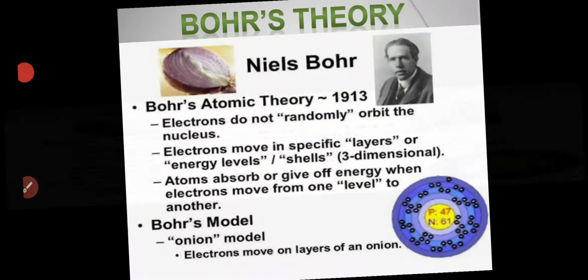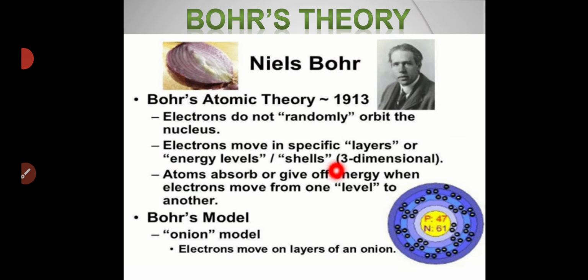Next we are going to study Bohr's theory. Bohr is a very famous and great scientist. He wanted to overcome the problems of the Rutherford model. He agreed with Rutherford on most things and got the same model, but whatever drawbacks there were in Rutherford's model, he wanted to overcome them all.